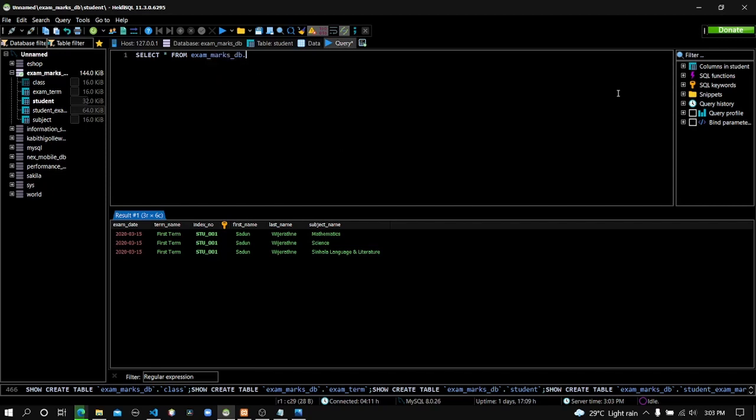Exam mark DB, and here's the first one, student, join, here's the second table, student exam mark record,